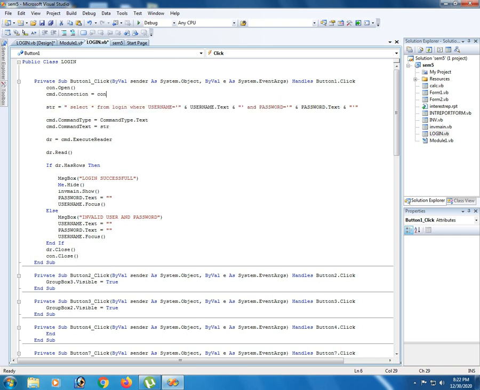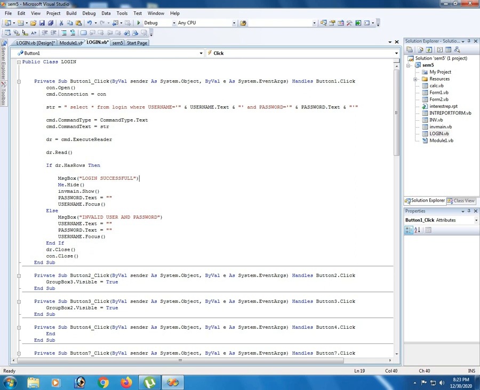At reading time, if the row is there, meaning the record exists, the message box automatically displays login successful. Once login is successful, where is it supposed to go? Normally, once the login is successful, it automatically goes to the main menu or the corresponding form. This is the navigation code, which we are giving here. Me.hide means hiding the current form. Then it automatically goes to the main menu, and the remaining things all come.